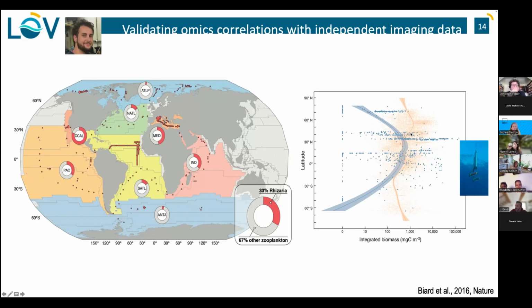when you get between like 30 north and 30 south, in yellow, what you have here is the distribution of the abundance of the total biomass in carbon of copepods compared to radiolarians. And so actually they were very abundant and sometimes even more abundant in terms of biomass, carbon biomass than copepods. So that was an independent validation of a signal that we find correlating just genes presence with fluxes that was validated by an independent measurement based on an imaging data set.